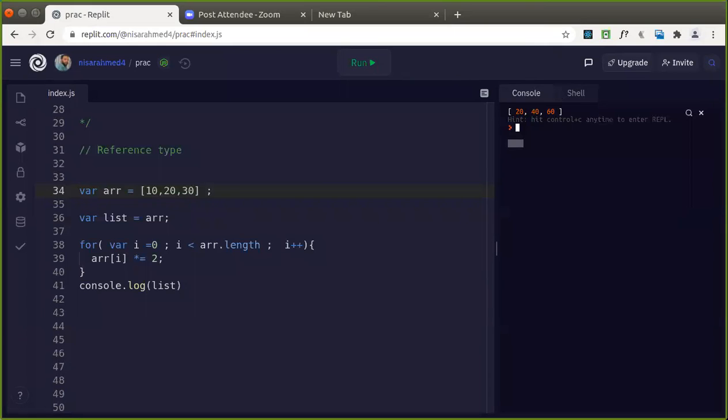Let me just refer to that. Good. So what will happen here when we are declaring this one? It will only create one copy for this array with the values 10, 20, and 30. They are stored in the memory.